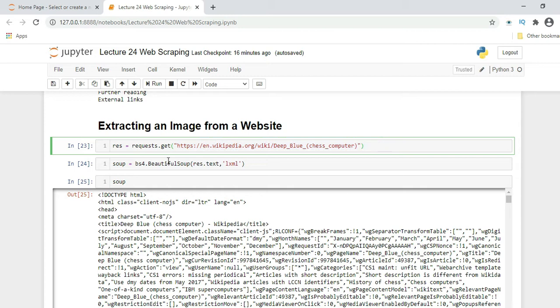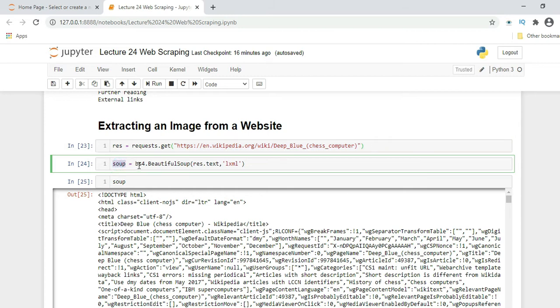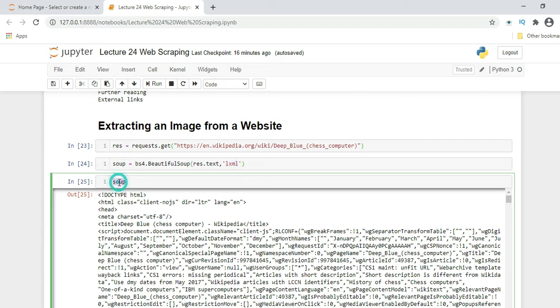Soup variable equal to bs4 dot BeautifulSoup, in brackets the res variable dot text, so it will take all the text and parse it into normal HTML format with lxml. When we run this soup, this is the output of the soup variable.